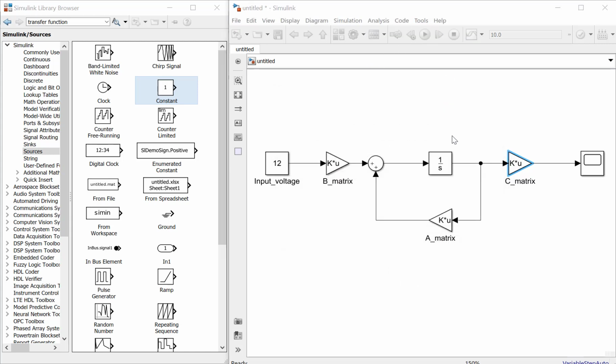Okay, so after we are done with the system, we can simulate, we can run the Simulink, and then we can get the system response here.